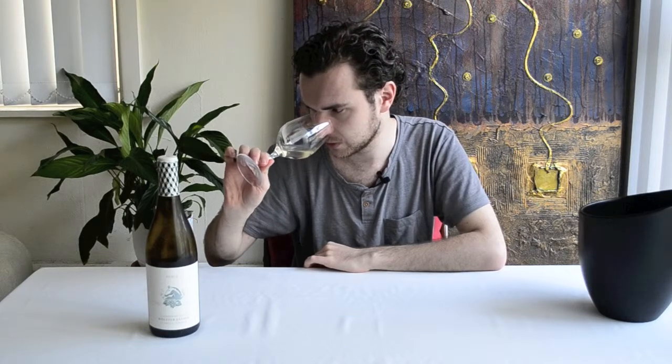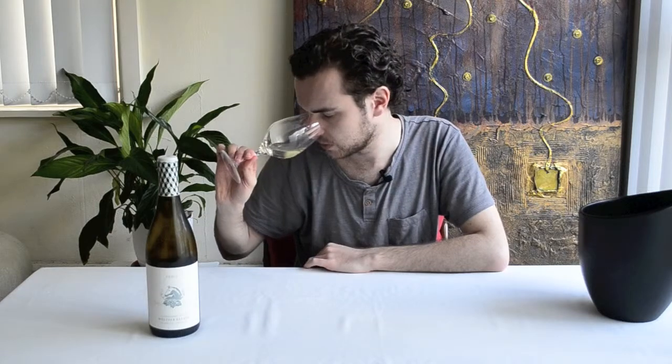But I must say, on the palate, and especially, just going to go back to it now, that nuttiness is really coming through a whole lot more. And if you've tried any aged Burgundy or even aged sweet wines, they do tend to have that nuttiness, those very complex dried mango, dried peach flavors, or really concentrated flavors as well. And it's definitely starting to get a little hint of that on the palate as well as on the nose now as well, which means, and I have tried quite a few aged versions of this particular wine as well,